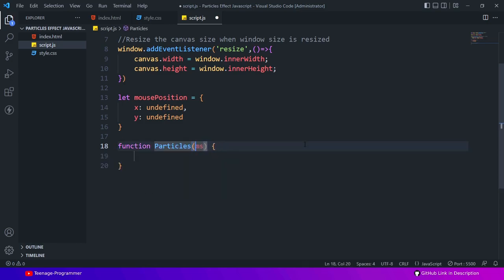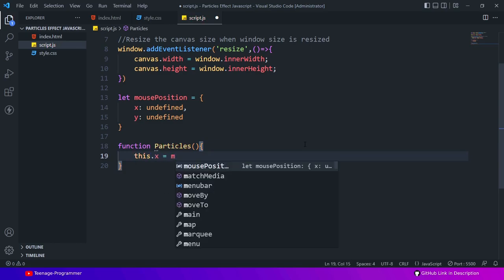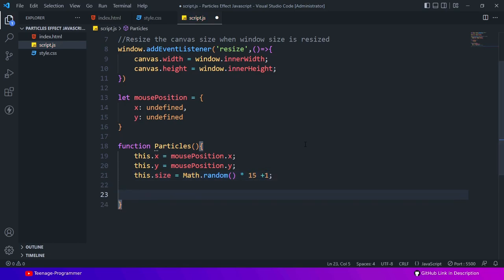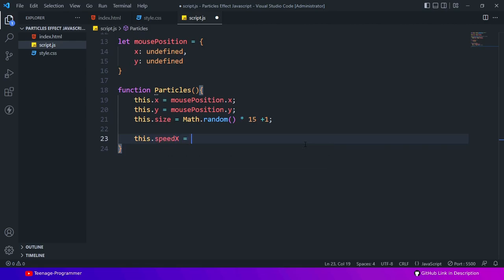Creating a function for particles. You'll get source code with comments on every JavaScript line to get the project concept clear.